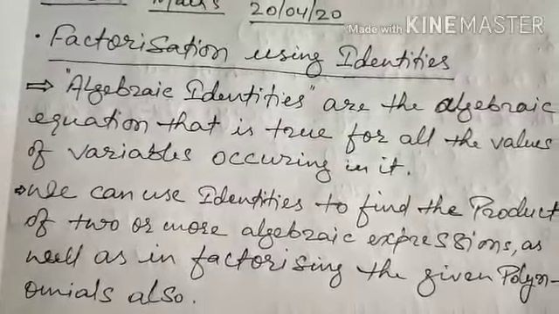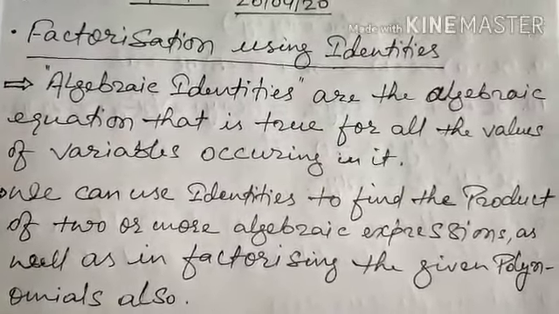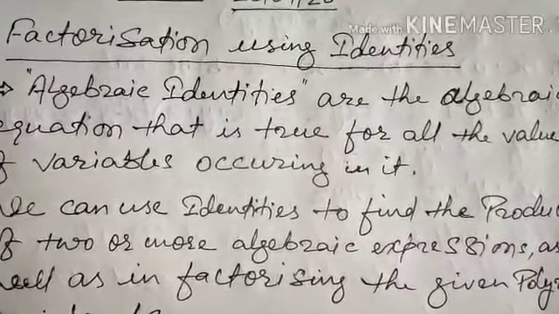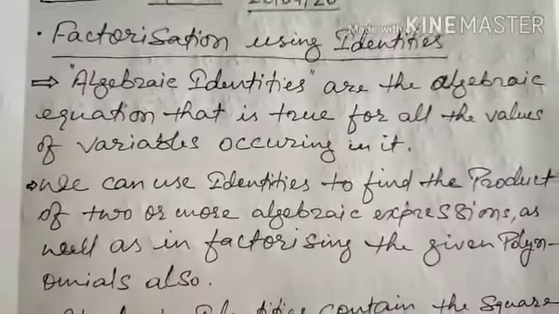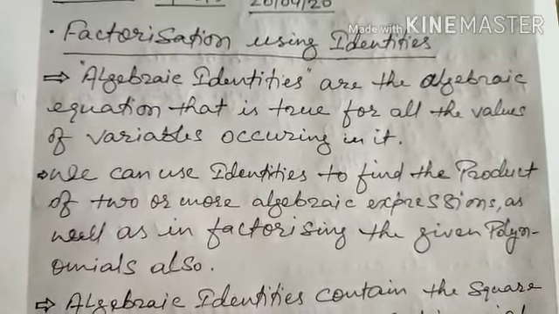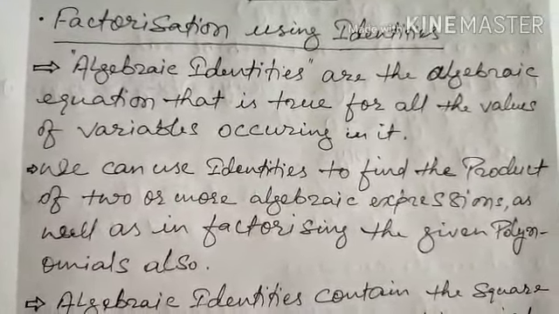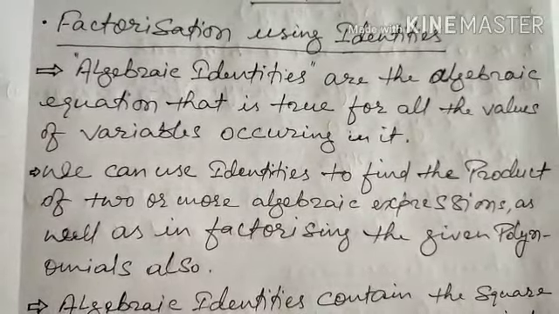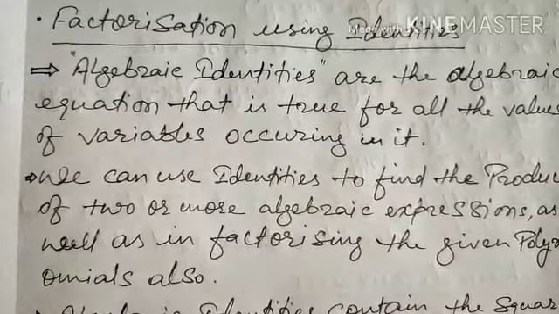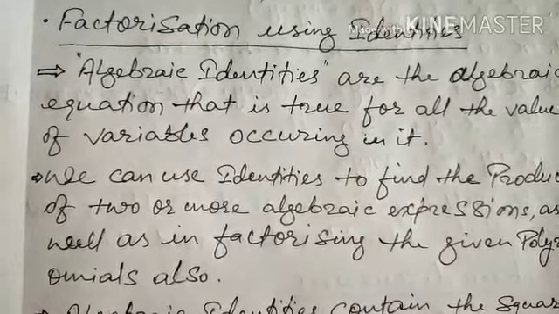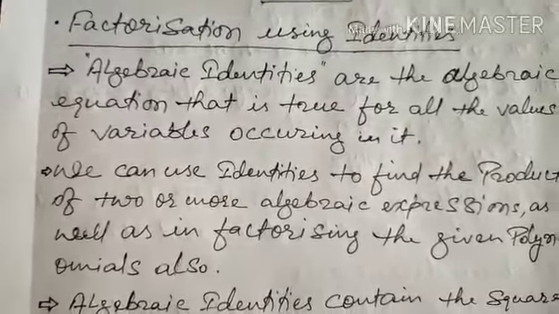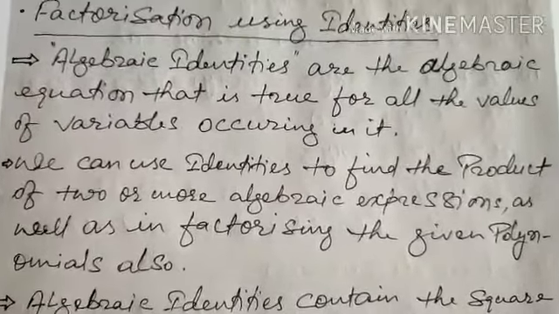So today we are going to discuss factorization using identities, as we had started our topic factorizations and factor theorems. We had discussed already the polynomials in our previous classes. So today I'm going to continue my class with factorization using identities. First let us discuss something about identities, and then based on identities different types of problems we are going to discuss.